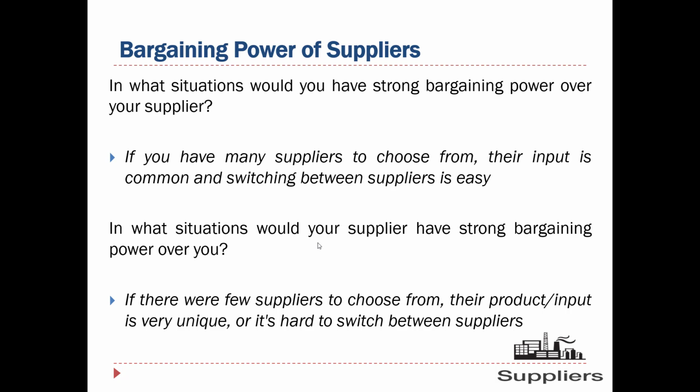But if you're in a situation where there are several suppliers, and one business says, hey, I don't want to do business with you again, okay, sure, take your time, I'm going to move on to another organization. Or if you are the major supplier or major consumer for the suppliers, then you're going to have more power. And that means your suppliers have a low bargaining power. So at the end of the day, what do we really want? We want suppliers to have a low bargaining power, because that means you have some level of flexibility and control, which is always very great when it comes to running a business